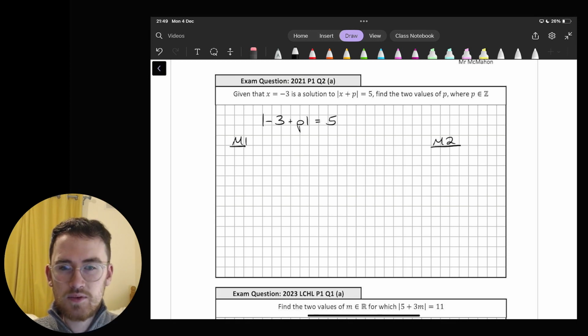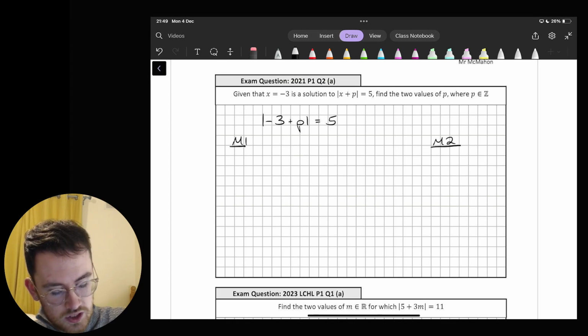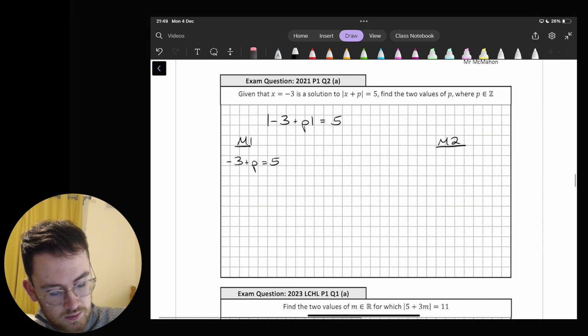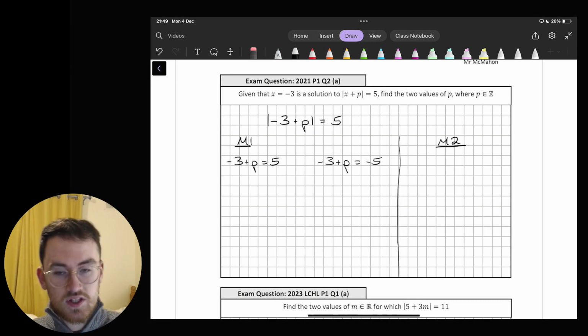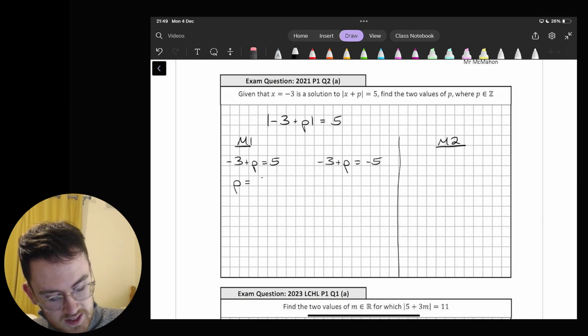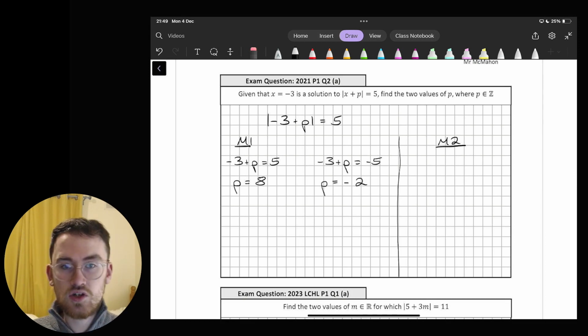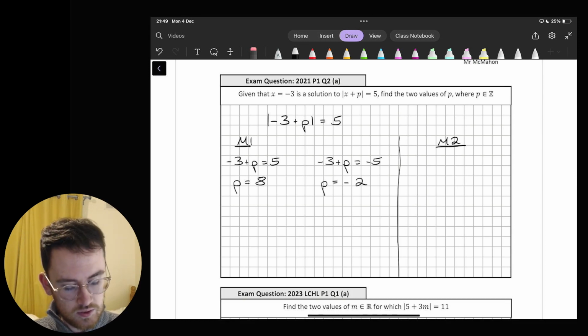Okay, once I've established that idea, I can use either method. So first of all, I could say that minus 3 plus p must be either equal to plus 5, or it could be minus 5, because those are the two values that when I take the modulus, I would get 5. So that would mean that p is either equal to 8, or p is going to be equal to minus 2. Okay, and if we tried both of those out,